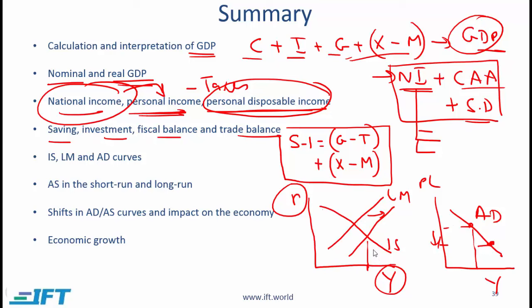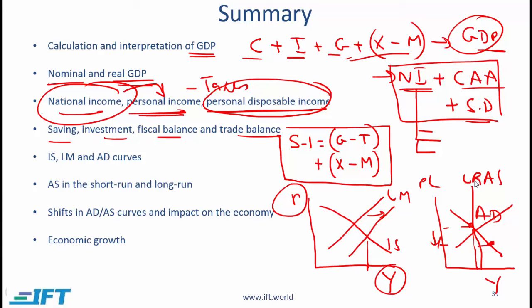We then talked about the aggregate supply curve, and remember that we have several aggregate supply curves. The most important ones that I will show you over here are the short run aggregate supply and the long run aggregate supply. The long run aggregate supply is a vertical line. Short run aggregate supply is a line that looks like this. It is upward sloping. The long run equilibrium point is where the three curves that I have just shown you